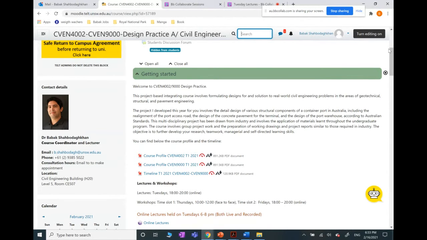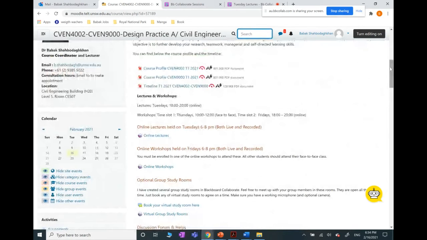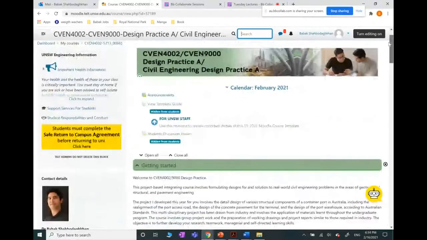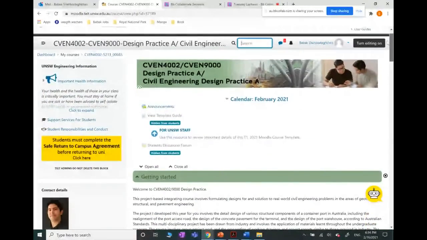How many hours should we work per week? There are 2 hours of lecture, 2 hours of workshop, but I think you need at least something around 4 hours of self-study and working with your teammates on the project. So in total, it becomes something like 8 hours per week at least. All right,